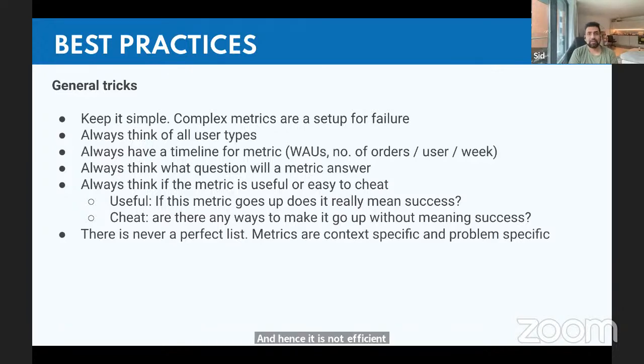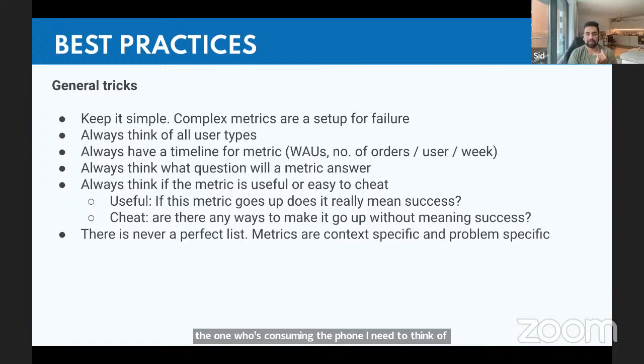The other thing that I've seen a lot of people overlooking is when they create these metrics, they only think of one user. So now if I go back to the Swiggy Zomato example where we were thinking of number of orders as a North Star metric, when I'm creating my health metrics, I need to think of all parties involved. I need to think of the person who's placing the order, so the one who's consuming the food. I need to think of restaurants, because if I don't have restaurants on my platform, I can't sell anything.